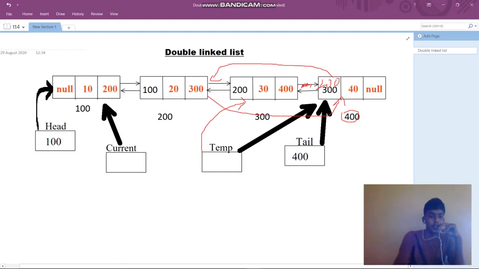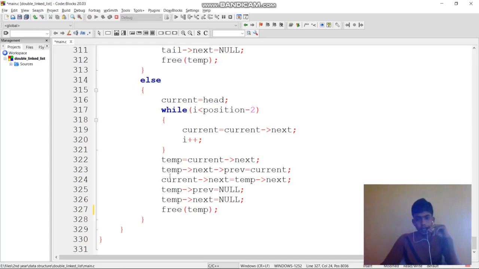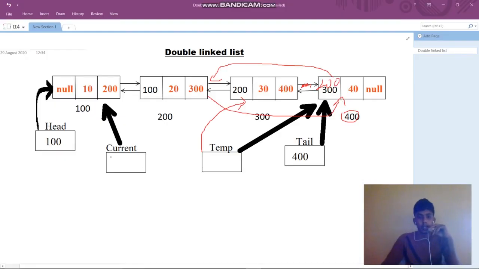So now we are making temp of previous null and temp of next null. Initially this link is blocked. Now both links are pointing to the temp node, because 200 is pointing to here and 400 is pointing to here.